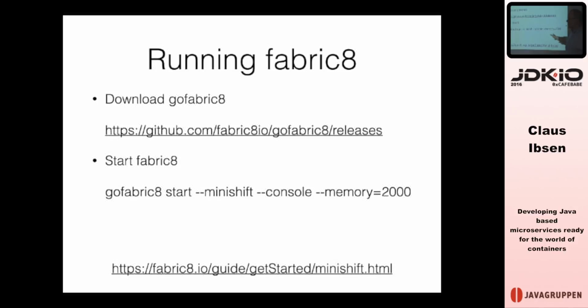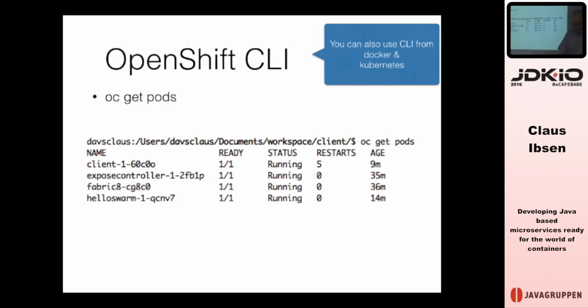With Minikube, this is what I did to install Kubernetes and Fabricate. I downloaded a binary called Go Fabricate, extracted that one, and this is a binary you can run on Mac and Windows and Linux. And I type the gofabric8 start Minishift command line, and it starts up and does everything. And you just answer some questions, yes, no. There's some enhancement to make that even easier, so you can actually just hit a web link, or run a script or something like that, but that's a way of starting this up. So this is how I started with 2 GB of memory with only the web console and using Minishift.